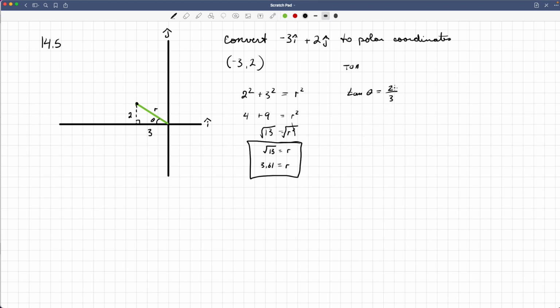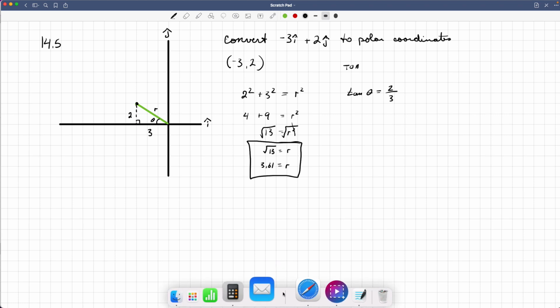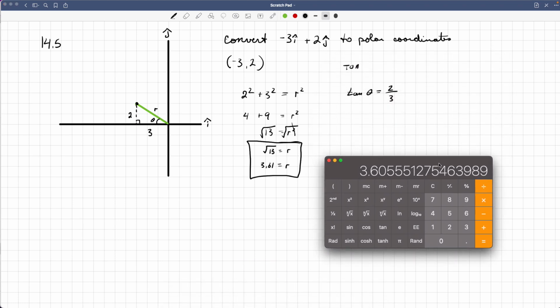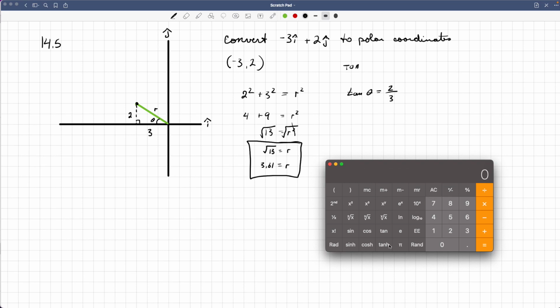So now we're going to do this here. So we have the calculator, and I'm going to do 2 divided by 3 equals, I'm not taking it out of the calculator yet, and I am going to apply the inverse tan to that, because inverse is when you find the degree of measure. So second tan 1,